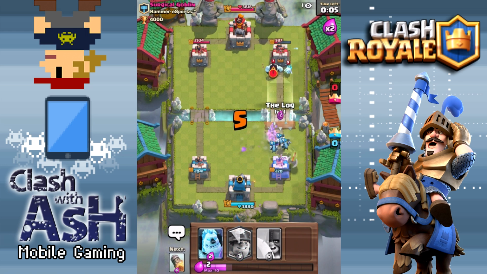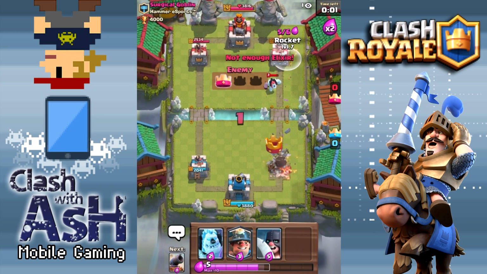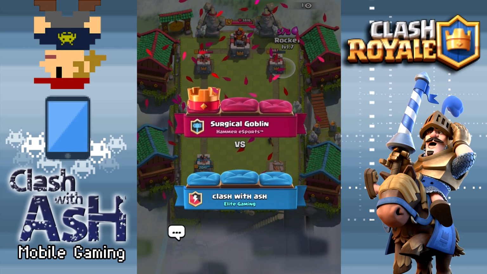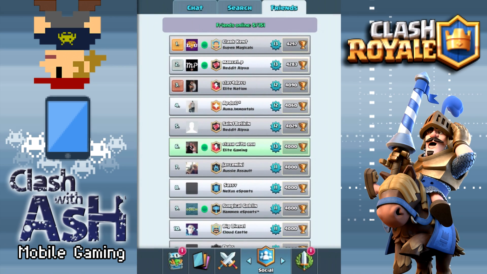Really, one stupid mistake by yours truly kind of cost me that one, unfortunately. There is the log, and the miner already did enough damage, and he picks up the win there. So well played, Surgical. All is right in the world. Surgical beat me, and I made stupid mistakes, so we are back to what you'd assume would be the case